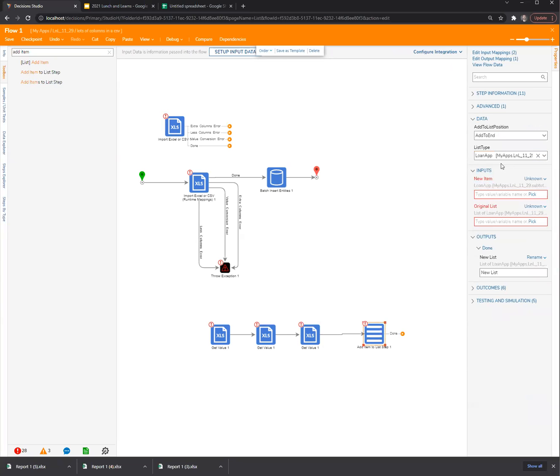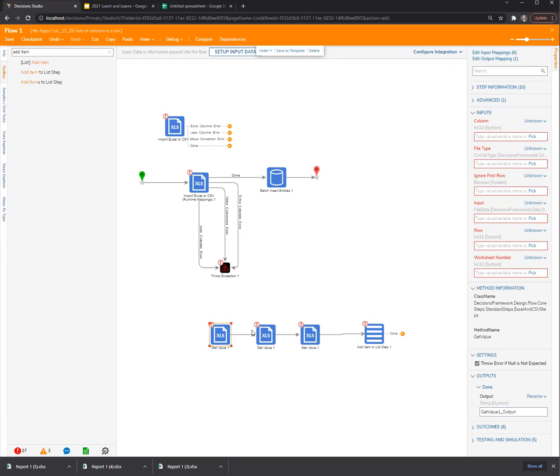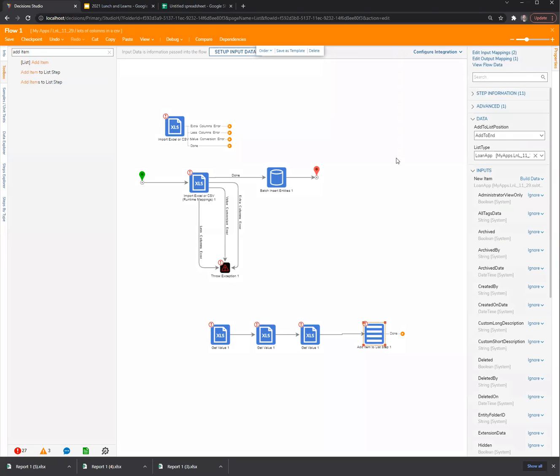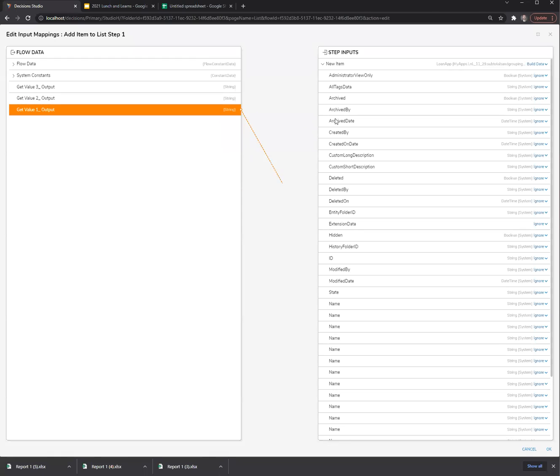And it's loan app. And then you could do build data. And then this would be get value 1. Oh, okay, right. This is going to be get value 2, right? And this will be get value 3. Right. Okay. And then here you could use the item mapping editor, and you could say, value 1 is